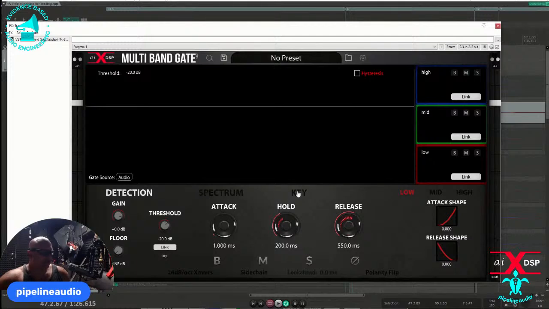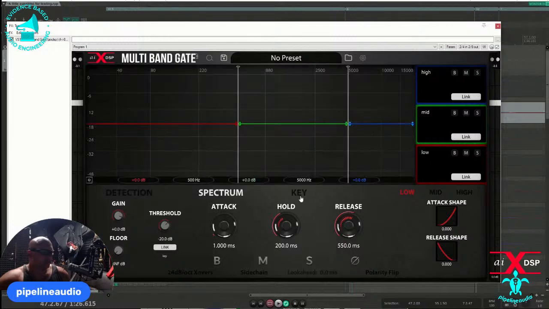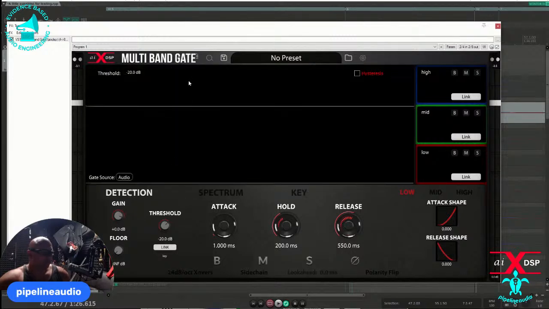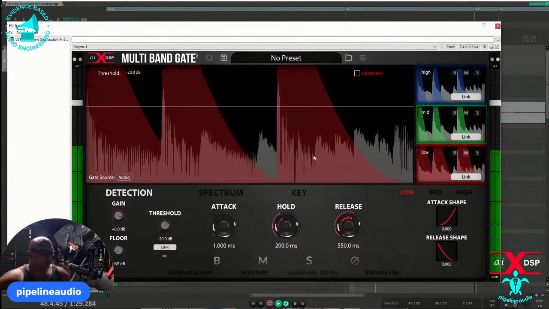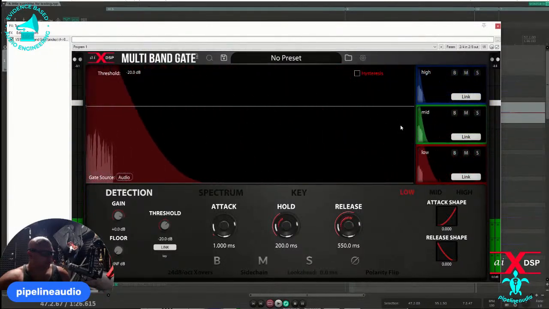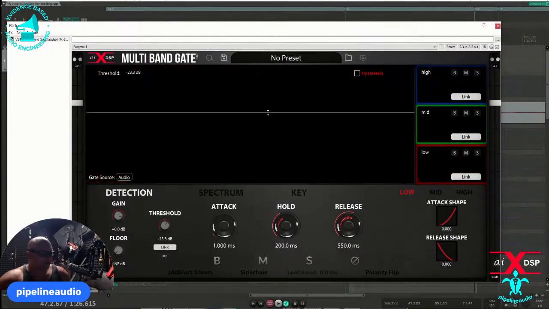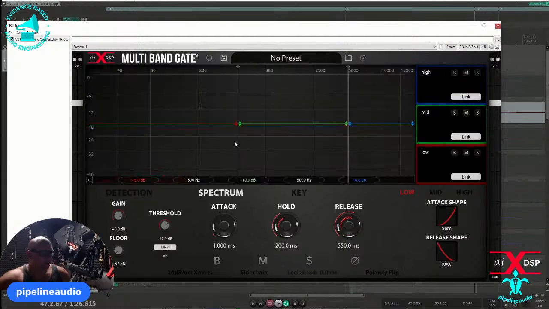All right, so we got three different kind of display overviews here. So there's detection, spectrum, and key. Let me show you what these are. So the detection window is going to show you your waveform, what's coming in, where the threshold control is at. The spectrum is going to show you how the